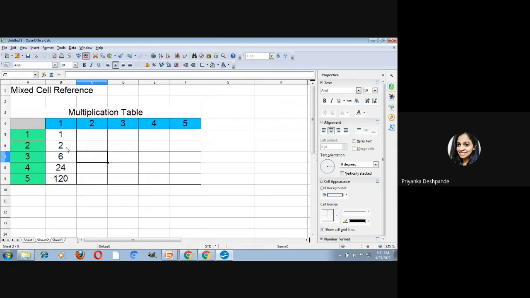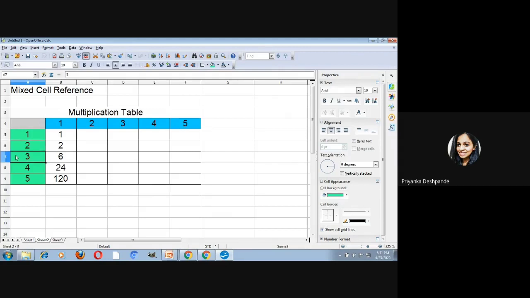Now just see if there is something wrong in this calculation. As per the calculation, when I want to multiply this A6, that is 2, with 1, answer should be 2. Okay.